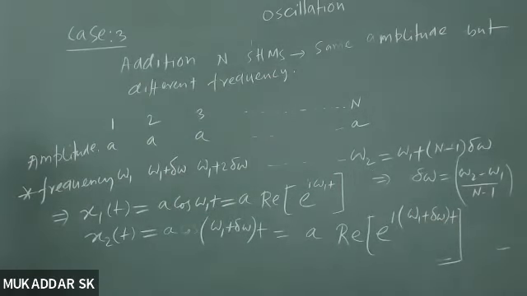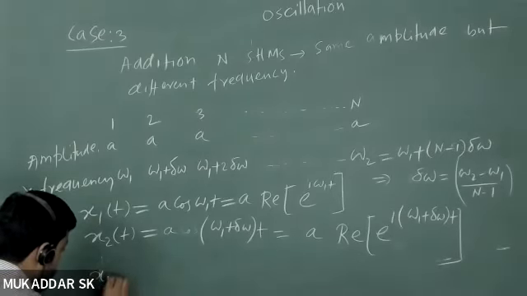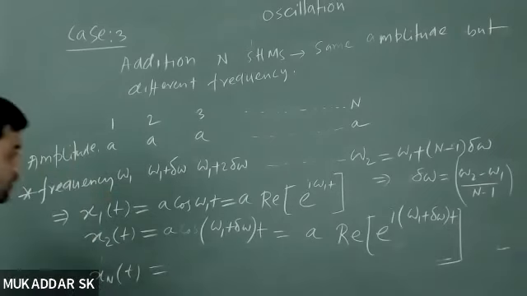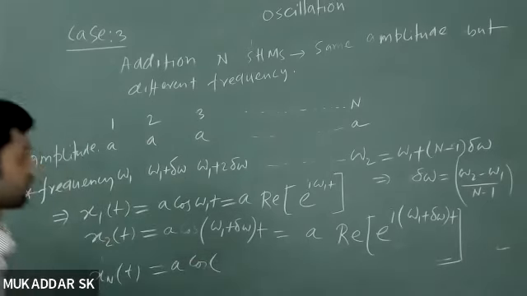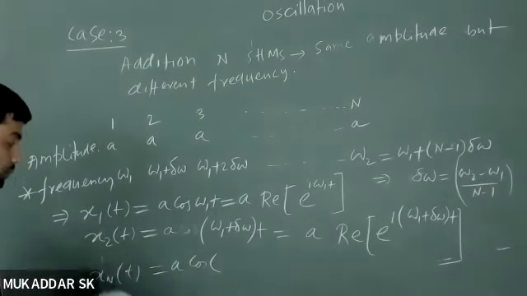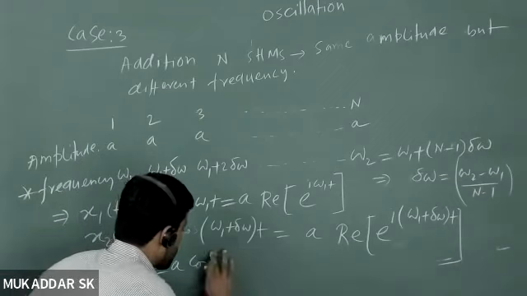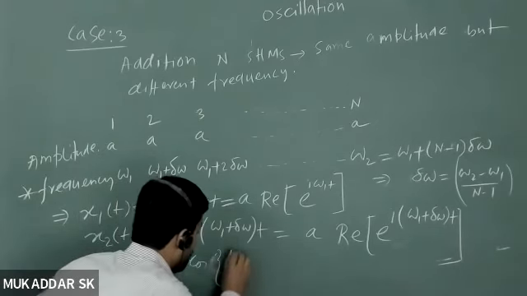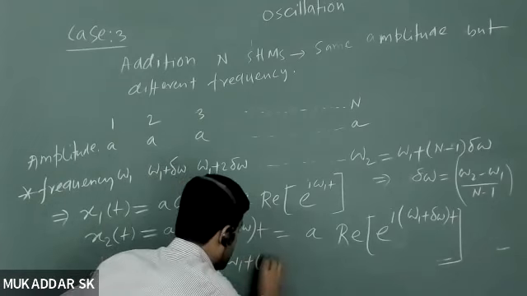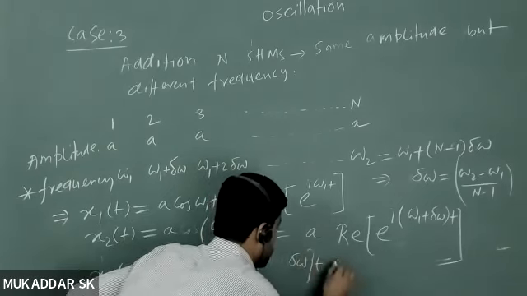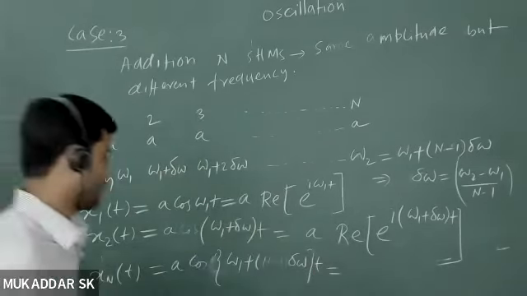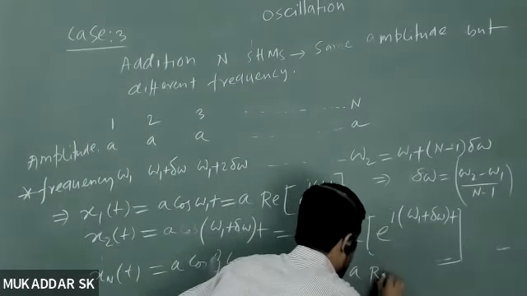I can represent it like this, right? So up to n number, how will I write x of n? It will be a cosine of omega 1 plus n minus 1 delta omega, and then you will have t. So you can represent it further as real part of a into real part of,